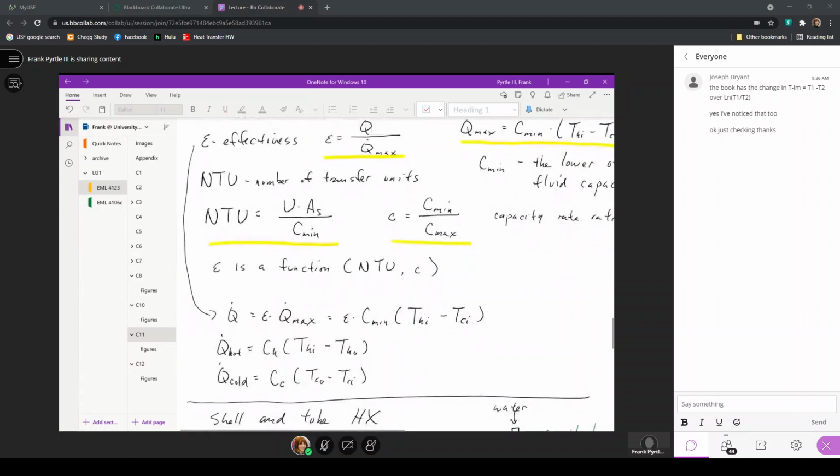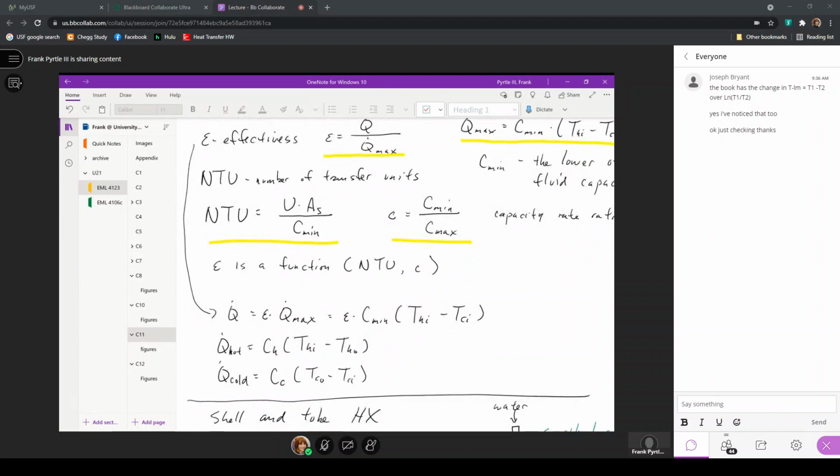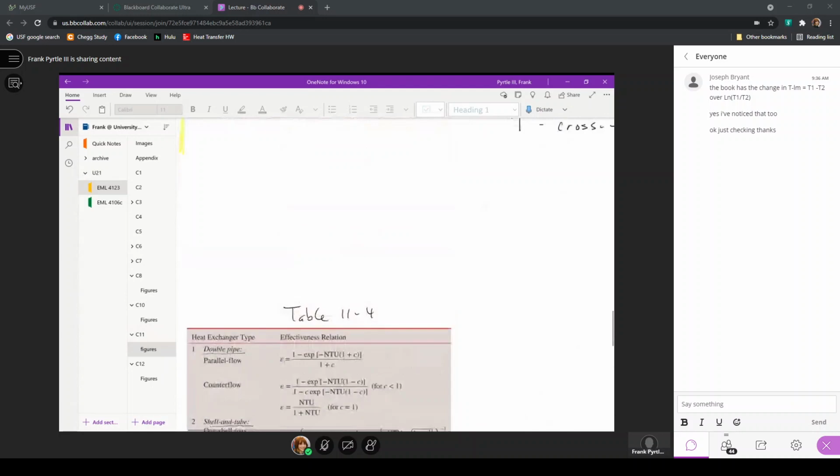And I could do that through the expression of the effectiveness in terms of the relationships that were presented in table 11.4 or 11.5, and write those expressions such that I could calculate the heat transfer into and out of the hot and cold fluids here and just solve for the expression of the overall heat transfer coefficient. And that's how we get these expressions in a previous figure